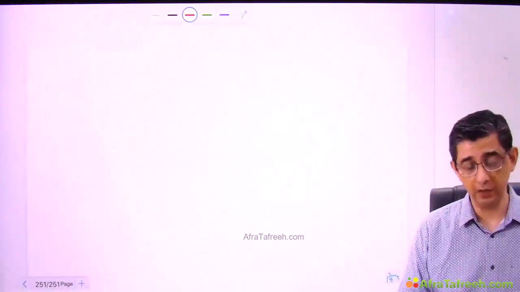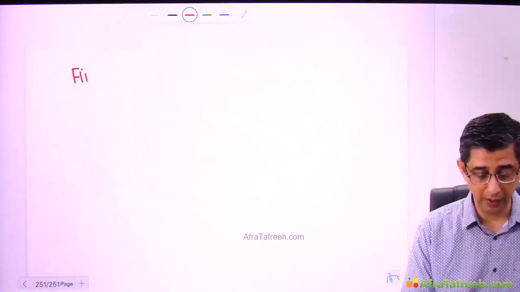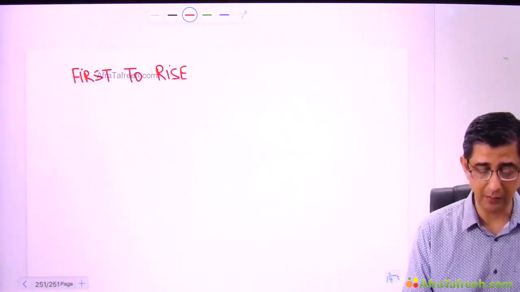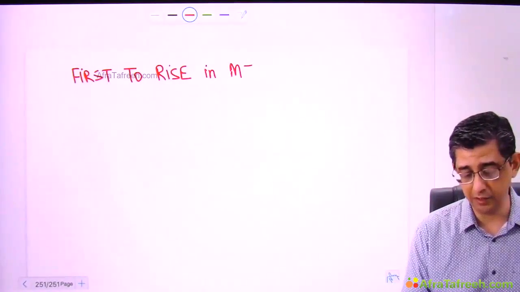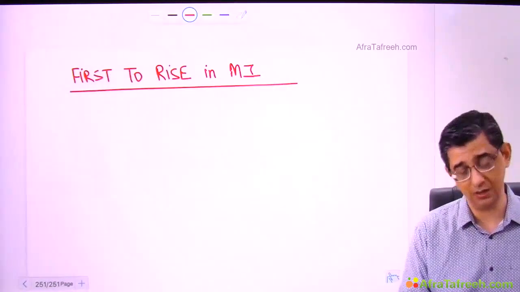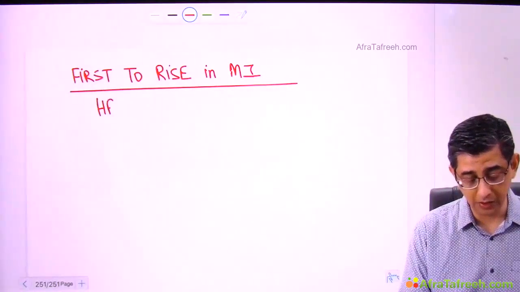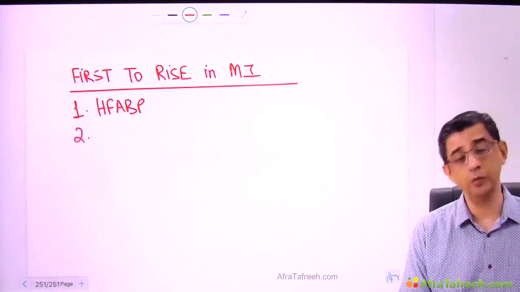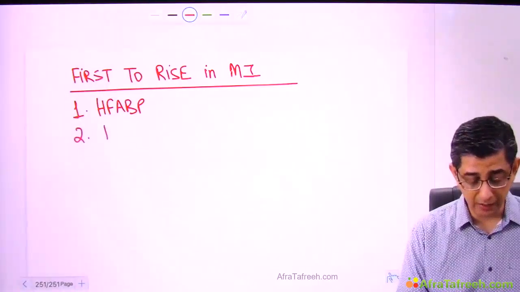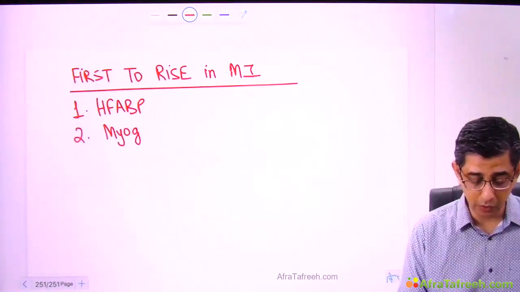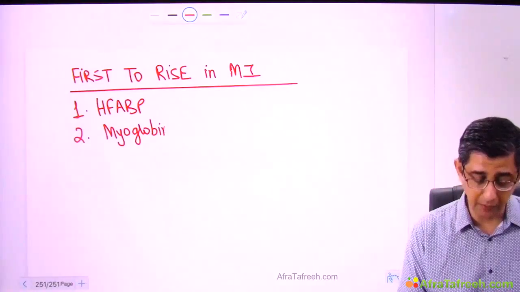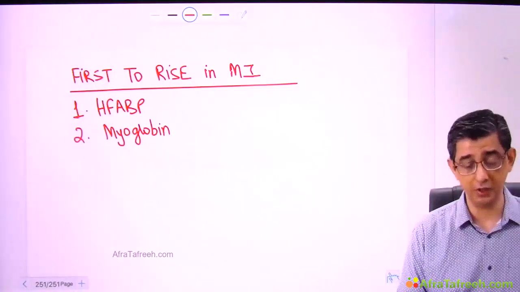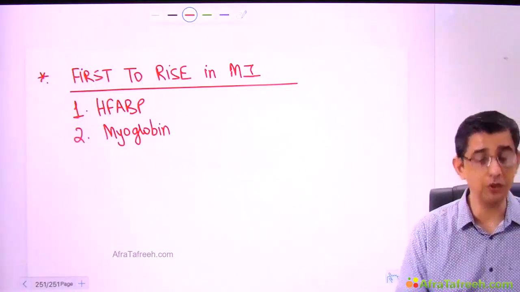Just a quick revision of some of the aspects I have already explained. If he asks what is first to rise in MI, there is no controversy, guys, that in pathology it is different, in medicine it is different. In fact, the pathologist is also saying the same thing as I am, that myoglobin is what is given in textbooks like Robbins, because a pathology book will always talk about a postmortem scenario. But as clinicians handling patients in real time, I'm not interested in myoglobin, because that could be a false positive elevation also due to DC shock.